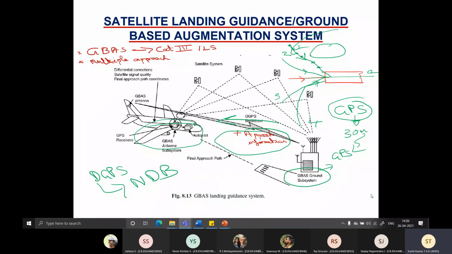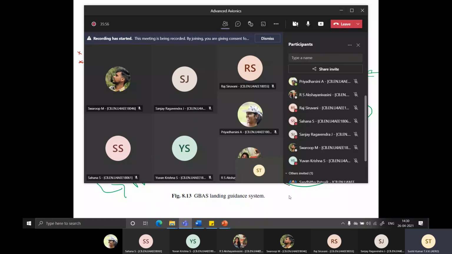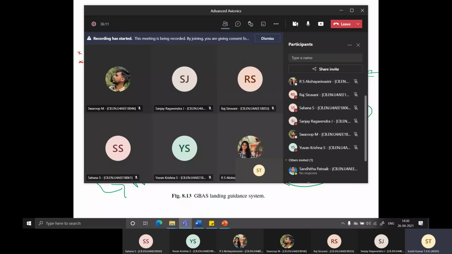Yeah, that's all on the autopilot system. Maybe I'll try to show you one or two autopilot designs next class. You might not fully appreciate it because you haven't done flight dynamics, but still, let me see how simple I can make it. So we'll meet in the next class. Almost the syllabus is over. Only the flight management system is left. I'll try to show you some design aspects of a simple autopilot, like maybe an altitude autopilot.